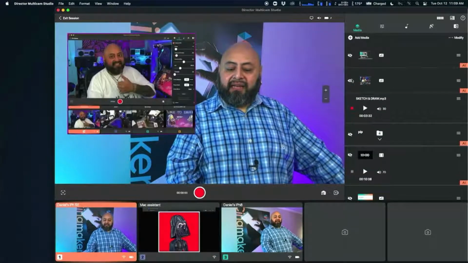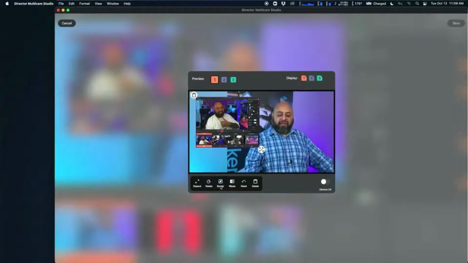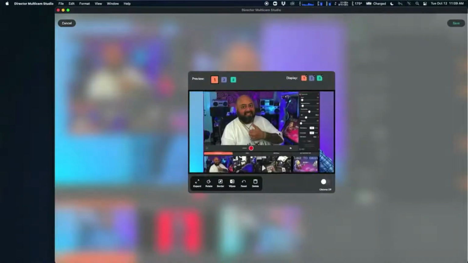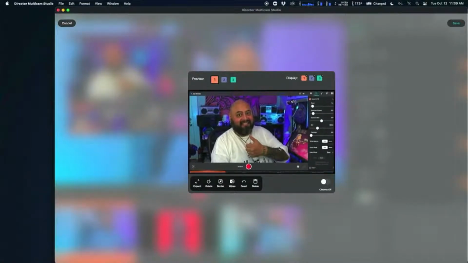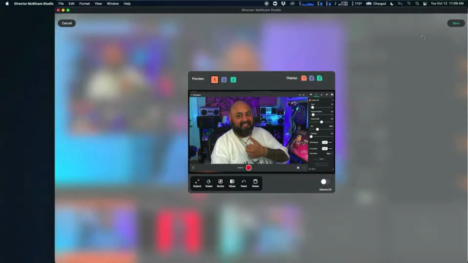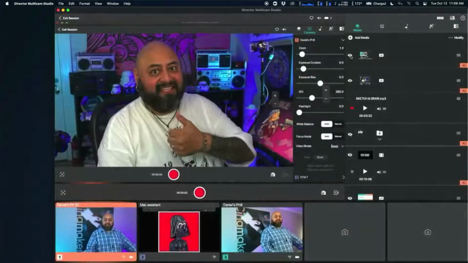Now I can also make a picture go full screen very easily. There's the full screen expand button. Click and drag with 2 fingers. Pinch and zoom with 2 fingers. Click and drag to where I want it. Click on save, and now the whole